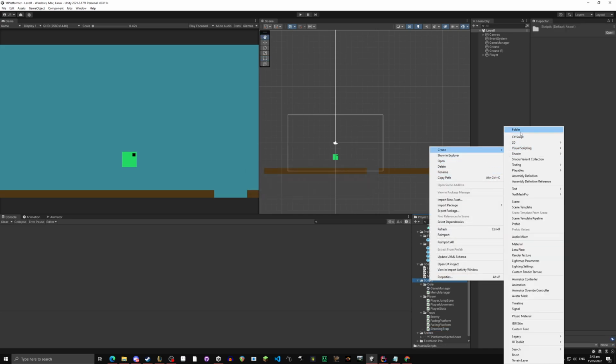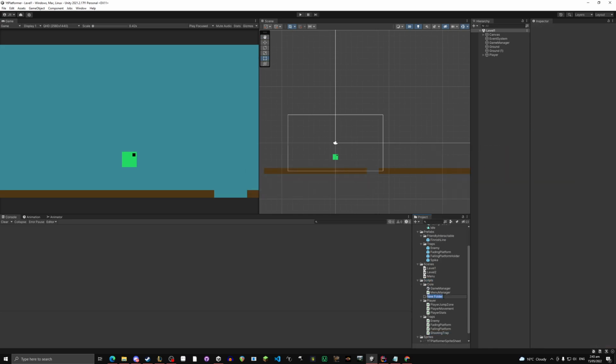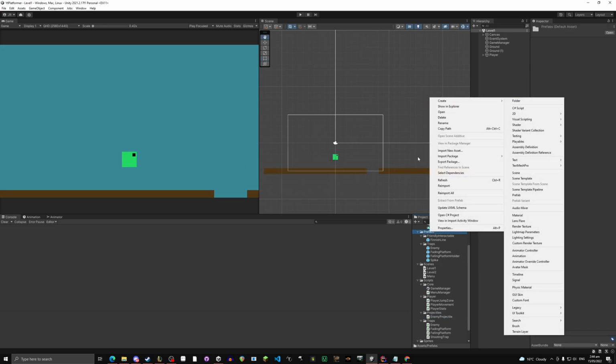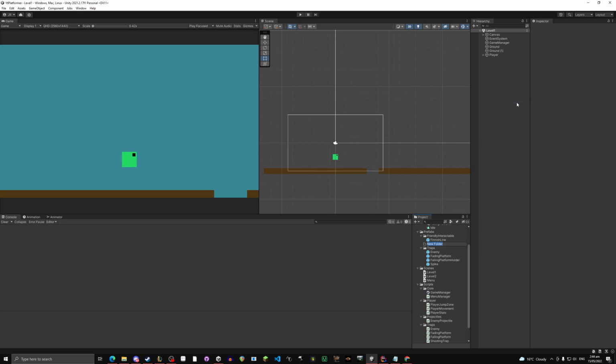Let's make a new folder inside scripts called projectiles. And let's make a new script, call it enemy projectile, or whatever you want to call it. Wait for it to load. In our prefabs, make a new folder, call it projectiles, and there we go. Now the setup is done. Let's go into our script editor